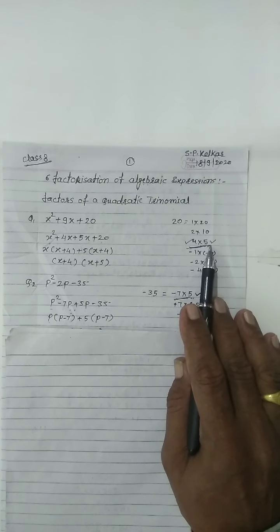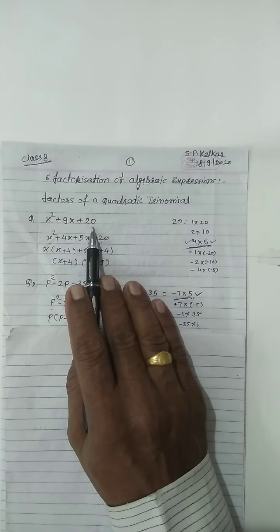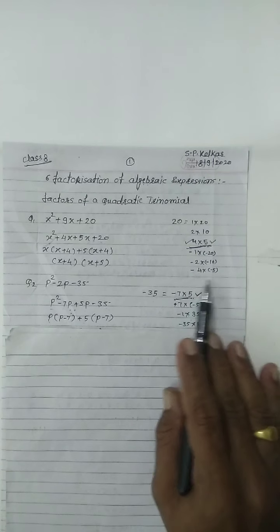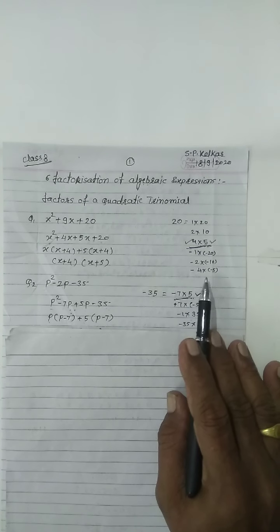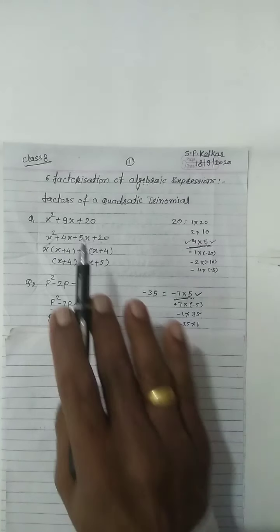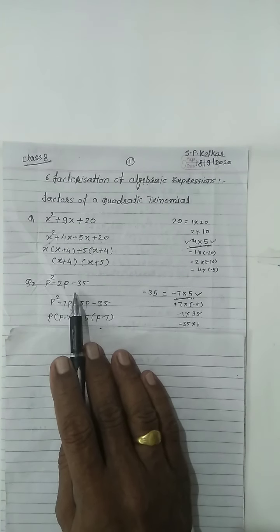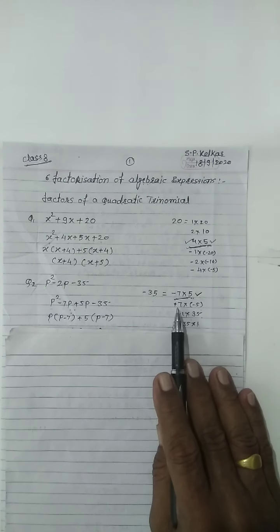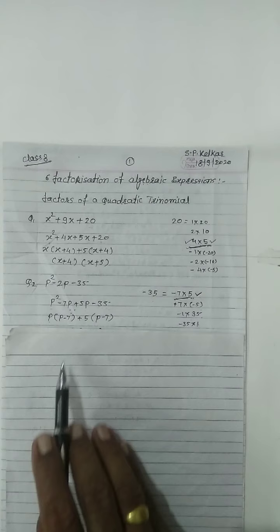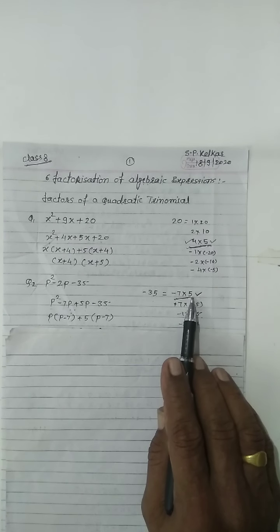If both are positive or both are negative, the product is plus, but here the constant term is negative, so one of the factors is negative and the other is positive. See these two factors: minus 7 into 5 is minus 35,